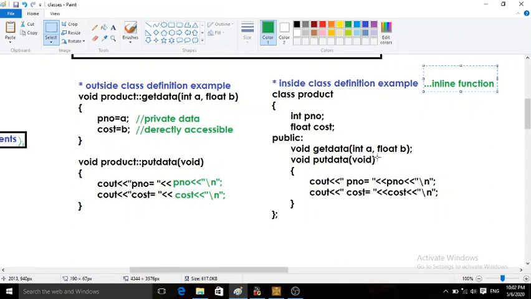Here, listen, I am going to provide the function definition. So I am not using a semicolon here. If I provide a semicolon, that means it will only be the declaration. I want to add the definition, so the semicolon is removed. So void putdata void, immediately followed by the opening curly brace. The code is the same here. cout pno equals pno, \n for new line. cout cost equals cost and new line character \n.